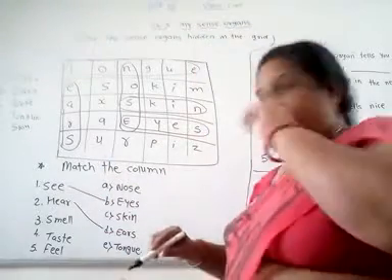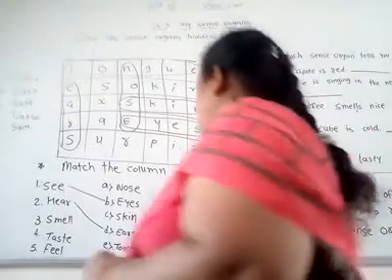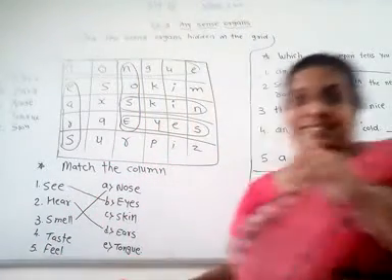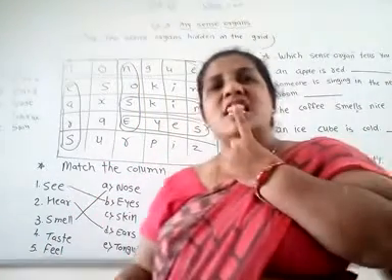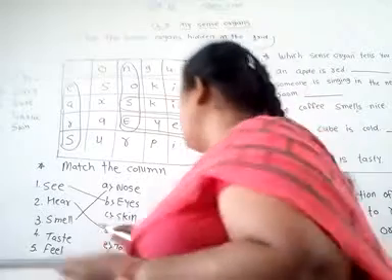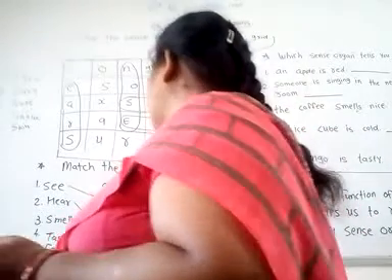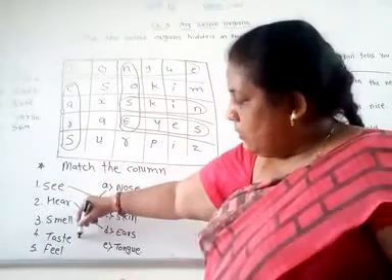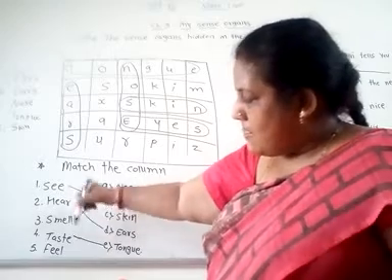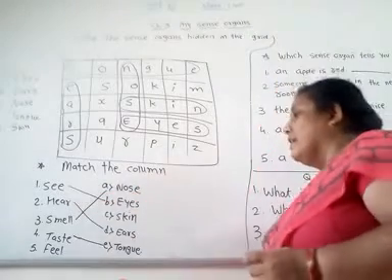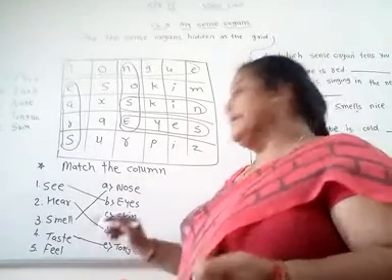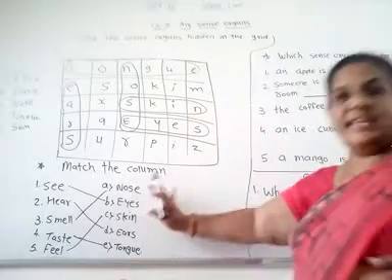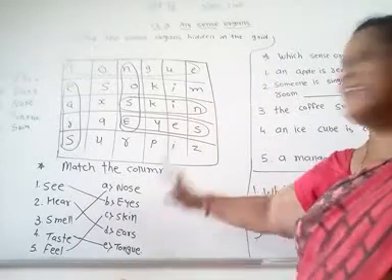Ears. Now smell. What do we smell with? So nose. Right. Then taste. What do we taste with? Tongue. So we have to match with tongue. What is the spelling of tongue? Feel. What do we feel with, whether it is hot or cold? That is our largest sense organ, skin. So you have to write this way in your notebook as well as in your textbook.